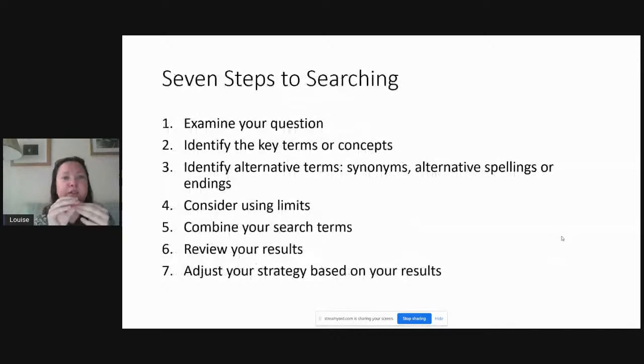So you have your question or the area that you're interested in. We consider in this university that there are 7 steps to searching. Firstly, you'll examine your question. So thoroughly understand the question, whether it's a question that you've given yourself or whether it's a question you've been set by your lecturer. Examine it, understand fully what it is asking you, because on occasion, sometimes students half pay